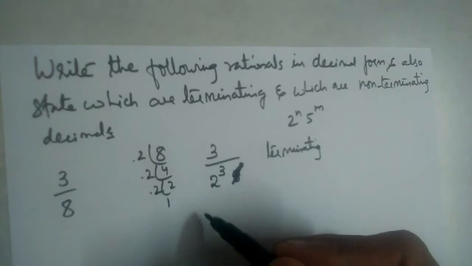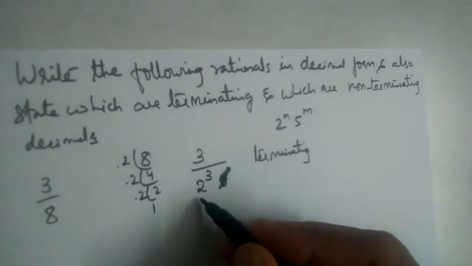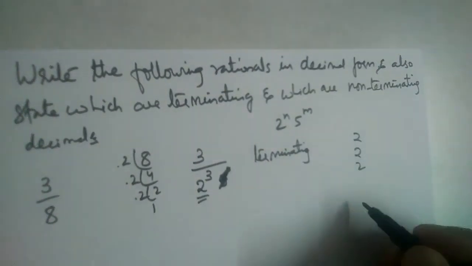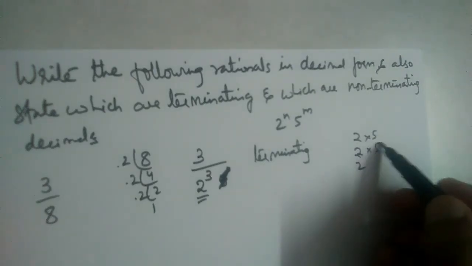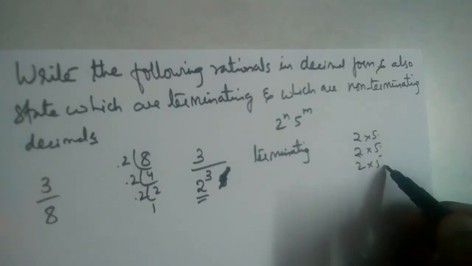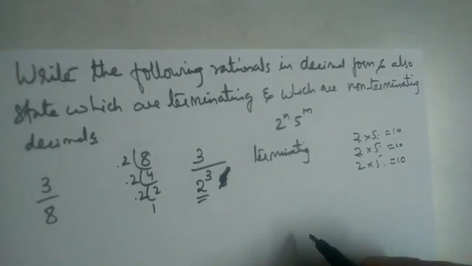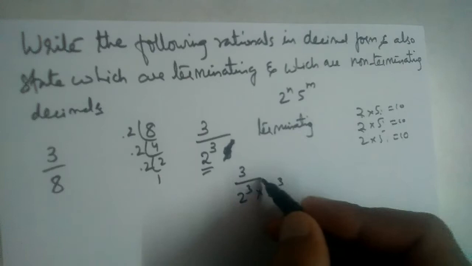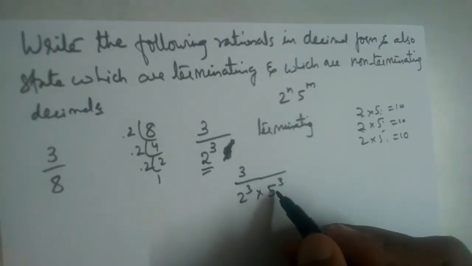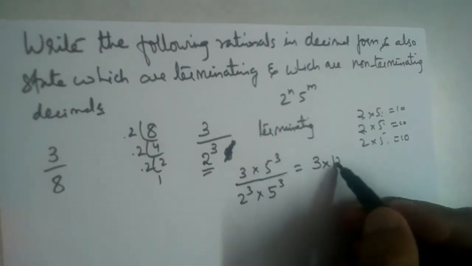See, to find the decimal form without actual division, if we have powers of 10 in the denominator, it will be easy for us, right? So we have 2 3 times here. To make it powers of 10, we need to multiply with 5 cube, because 2 5s will give us 10 and 10 and 10. 10 cube will come, right? So this 3 by 2 cube should be multiplied with 5 cube in the denominator and 5 cube in the numerator. So this is 3 into 5 cube is 125.